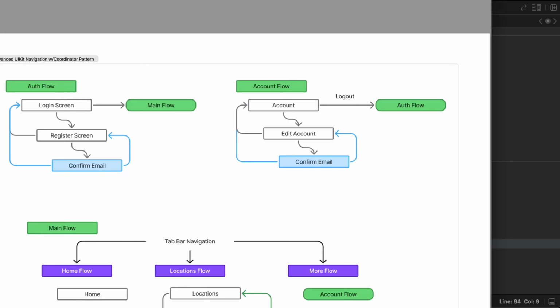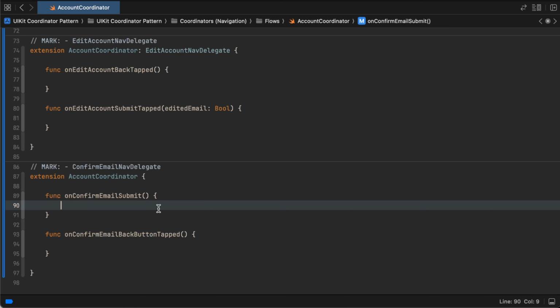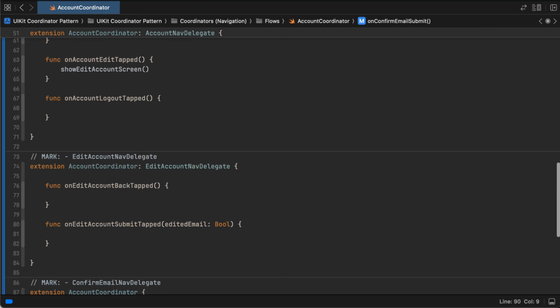And in this case, what we're doing is, like I said before, if we're submitting it, we are going back to the account screen. If we are canceling or backing out, we're going back one screen. So the submit button, what we're doing is we're going to say, let's see, in this context,